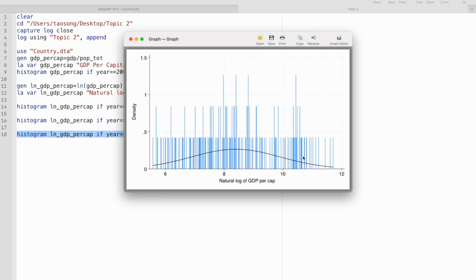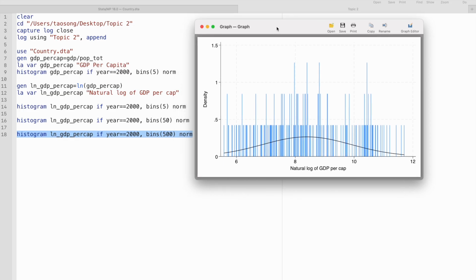So how about we have 500 bins in this case? Well, if we run this line of code, you can see that this histogram doesn't really show us anything anymore, right? We see a lot of empty bars, a lot of ranges that don't have any bars. And then we have this one observation or two observations or three observations. So now when we have 500 bars, we actually have a lot of bars that are zero. Why is that? Well, it's very simple because we're looking at the GDP per capita of the year 2000. Do we have 500 countries in the world? No, we don't, right? When we don't have 500 countries in the world, of course, you're going to see some ranges that just don't have any countries that belong to that range when it comes to GDP